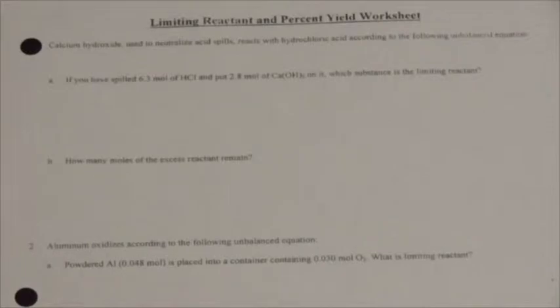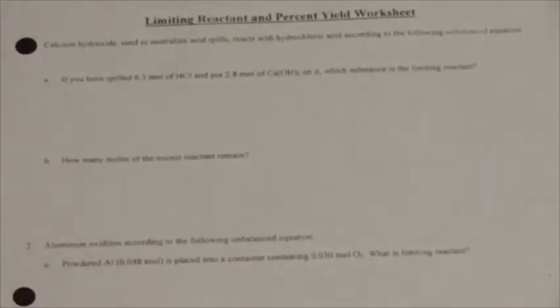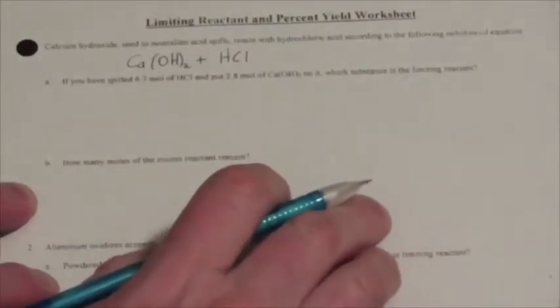It was: calcium hydroxide, used to neutralize acid spills, reacts with hydrochloric acid according to the following unbalanced equation. And the unbalanced equation isn't actually there. I'll try to write large so we might be able to see this. So it's calcium hydroxide plus hydrochloric acid. In an ideal world I would write solid and aqueous, but that's not the real intent of the problem here. Will yield,